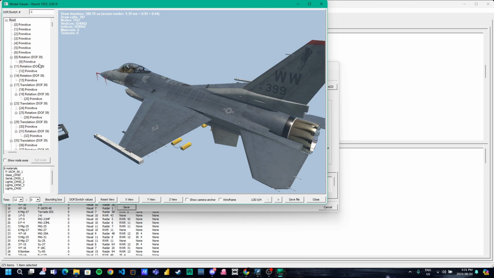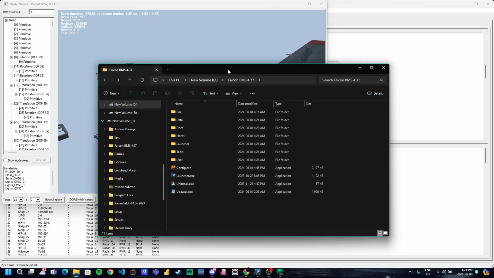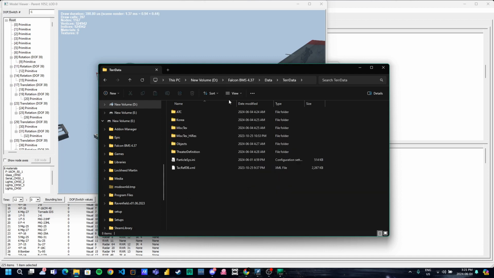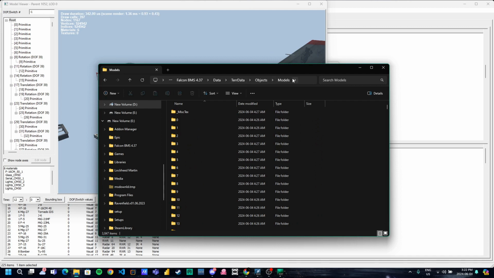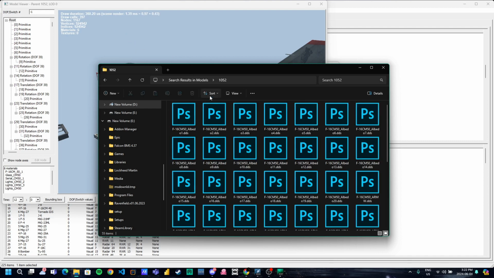Let's find the parent folder. It's 1052. So let's minimize this and open the directory. I have it over here. We're going to go into the data folder, then into terrain data, and then objects, models. So objects, then models, and then I'm going to type in 1052. This is the folder for the Block 52s, and it has all the